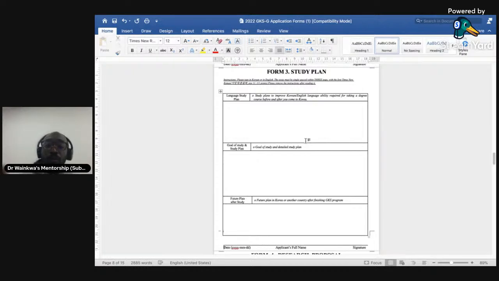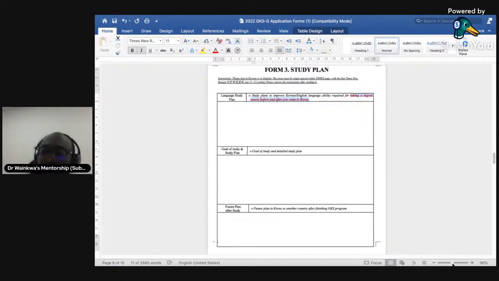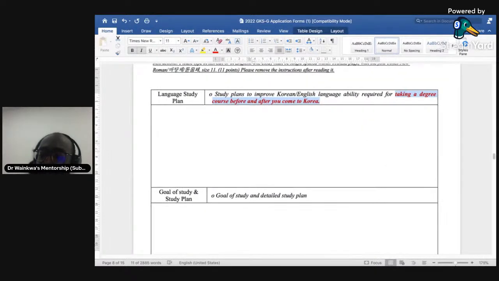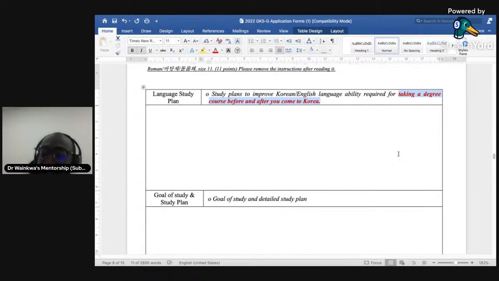Very important. So you're going to talk about how you improve your English or your Korean language ability for taking the degree course. The key word is taking the degree course. Okay, key word, taking the degree course. So this is a key word in this part. How are you going to improve? Let me enlarge this. How are you going to improve your language ability for taking the degree course before and